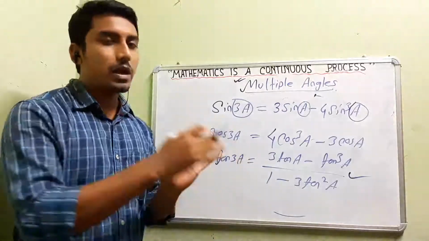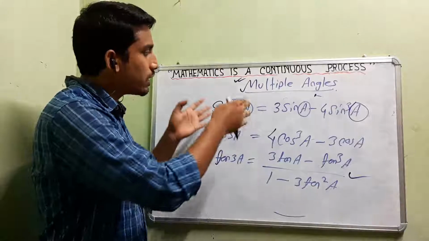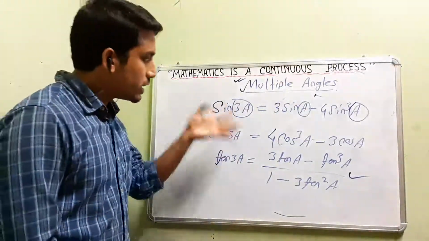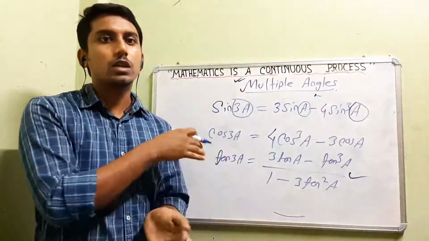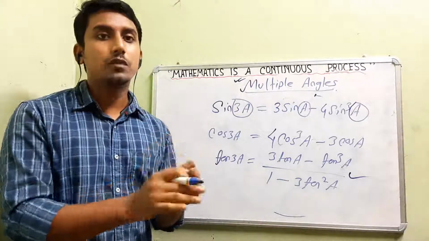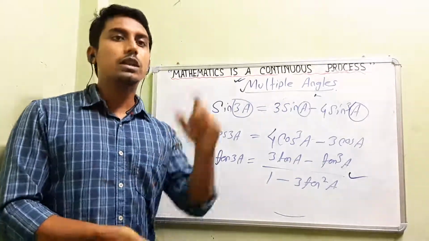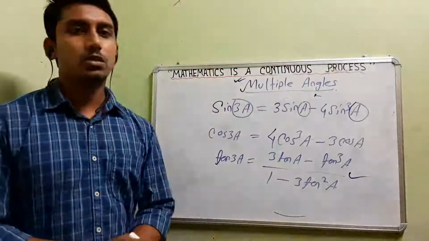I am going topic wise so that we can learn each topic very clearly. In this topic I have discussed the formulas of multiple angles. The previous formulas were from the topic transformation of sum and products. Before that, what have we done? We have done compound angles. Before that, we have done the concept of quadrant, isn't it? So these are the topics of trigonometry.